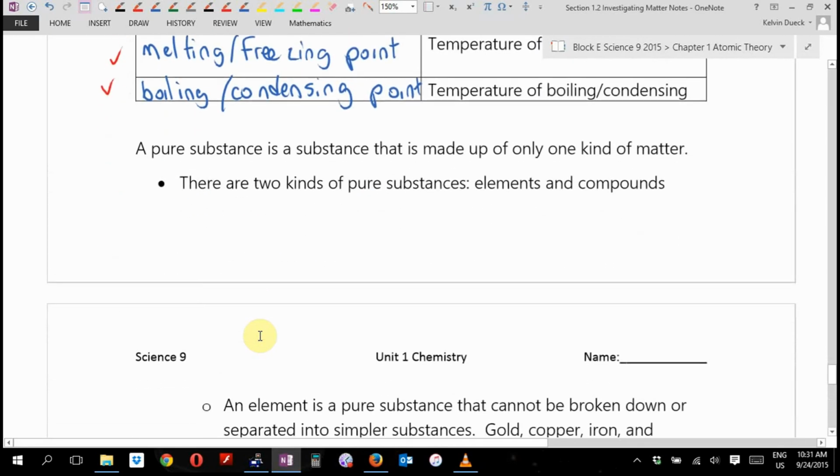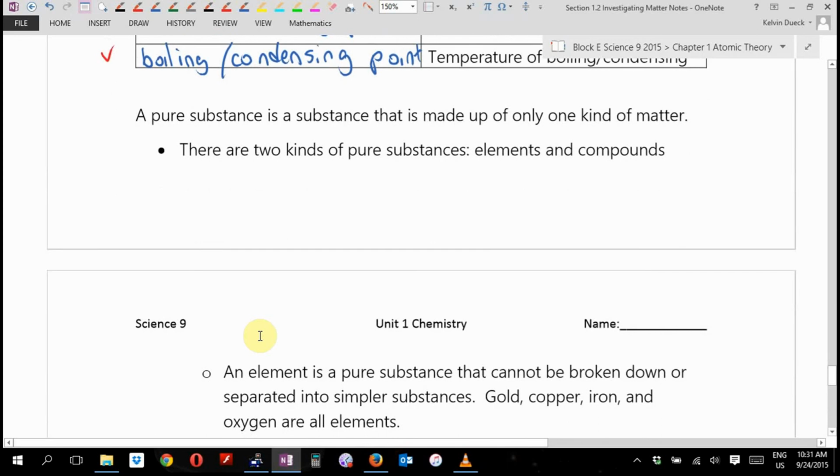A pure substance is a substance that is made up of only one kind of matter. And what you're going to learn this year is that there are 2 kinds of pure substances: elements and compounds. Compounds, there are trillions of in the universe. Elements, there are 121. They're sitting back there. That one's out of date. I think we've been able to create a few more in a lab. And of those 121 on that periodic table, which you'll actually learn how to read next unit, and you'll become very familiar with next unit, of that 121,